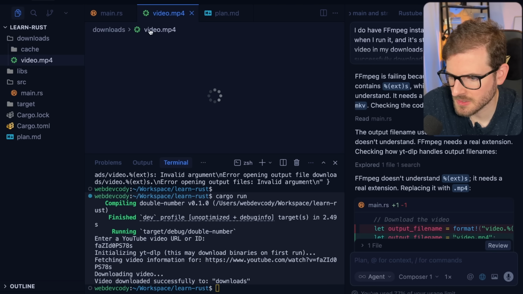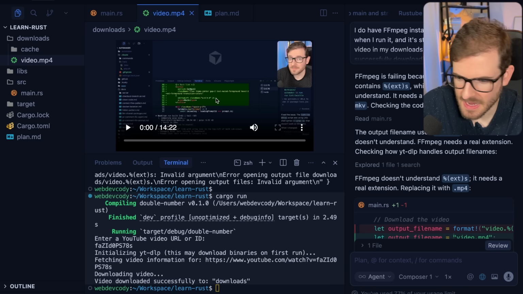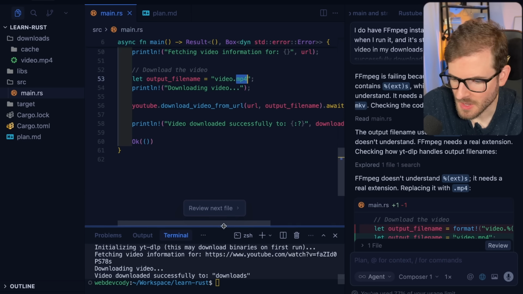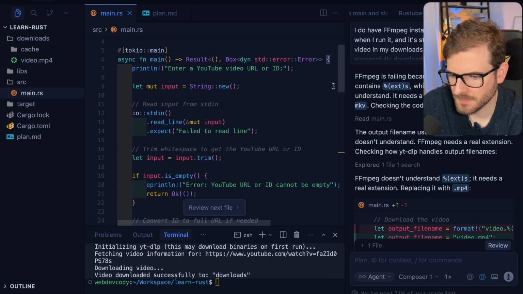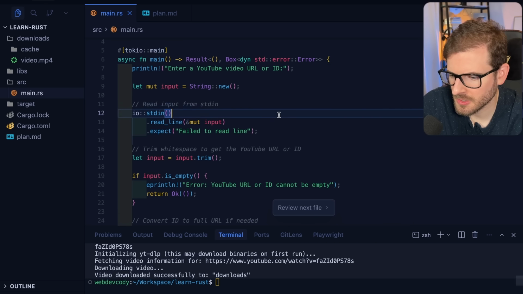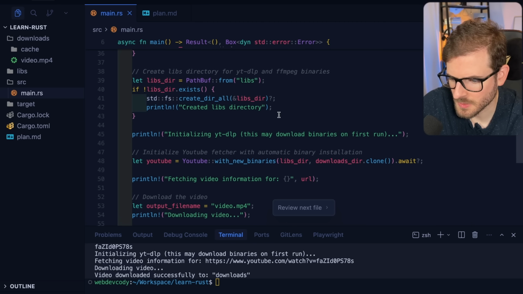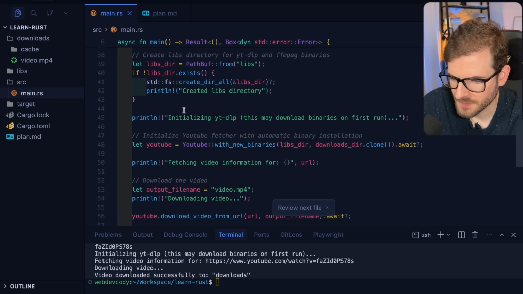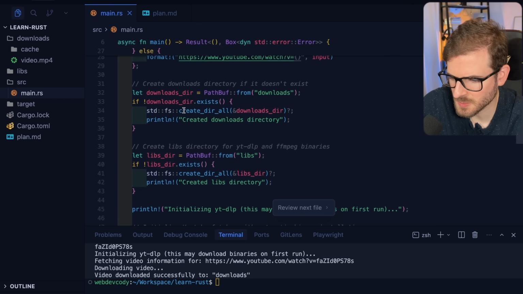It looks like I put the videos inside a video mp4. And yeah, I mean, this is working pretty good. So I think at this point, again, the point is learning, right? Are you learning? Are we learning? Do we know what we're actually doing here? And hopefully we do. The one thing I'd probably say is, okay, how do you actually split this up into